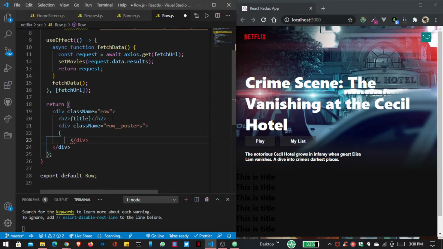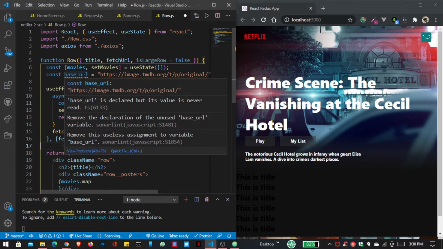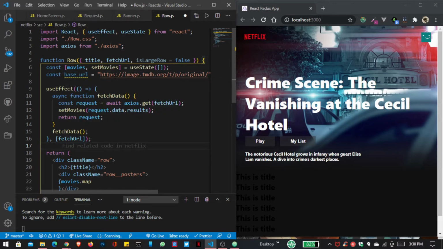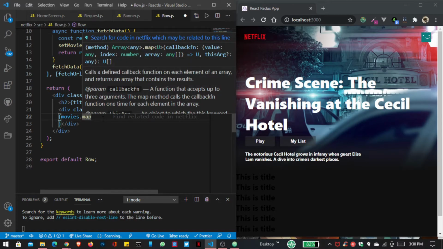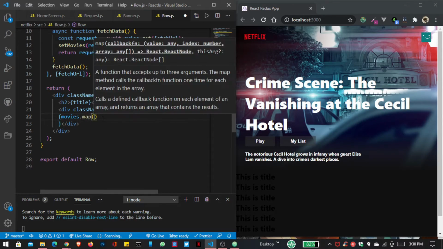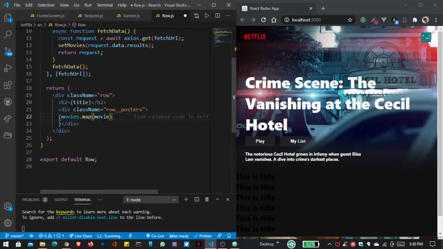And here we actually want to map through our movies. So map is similar like our array. So here we have to display our movies. So remember, by default our movies is null, and we change the state from empty array, and we show all of this movie here inside our map function. So here by default we have to pass one parameter, so I use this movie,